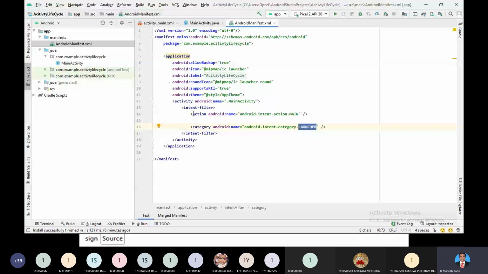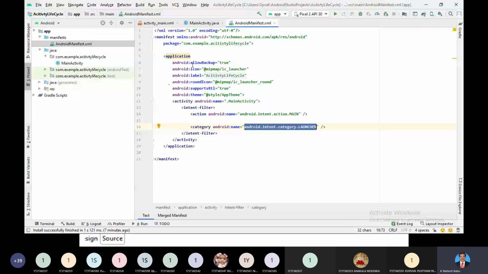So this activity will have one intent. That intent, so intent is meant for transferring data from one activity to another activity, but here we are having only one activity. That activity will show the information of one. So the action is visualize android.intent.action.main. The main activity information is going to be visualized inside a launcher or an emulator that shows here, and